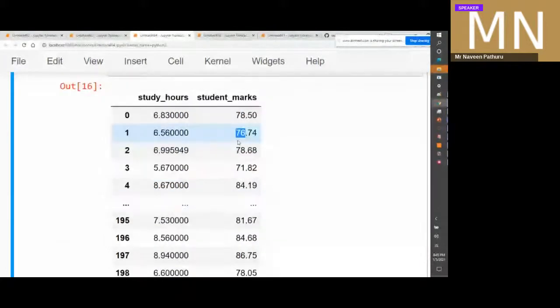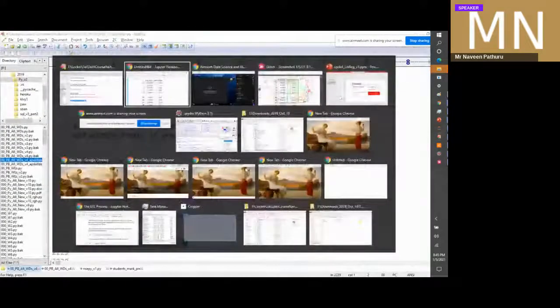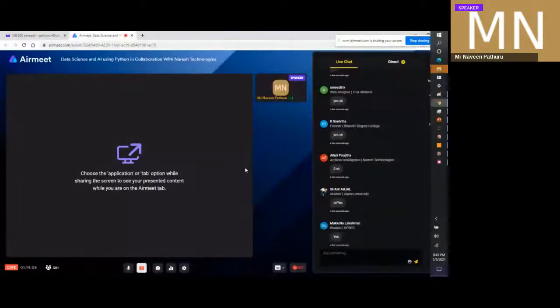You ask a teacher to look at this kind of data, and then you tell him, here comes Rajesh, he's studying only 5 hours. Can you tell me how many marks he'll get? It's a very complex task, and it's not easy, guys. Okay, so what do